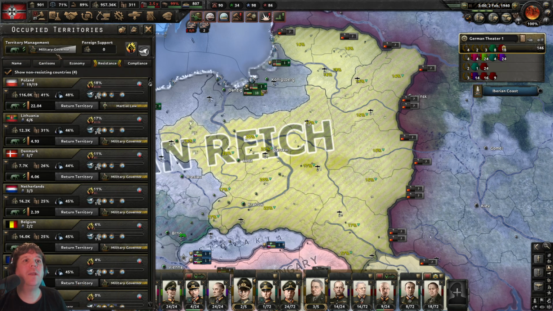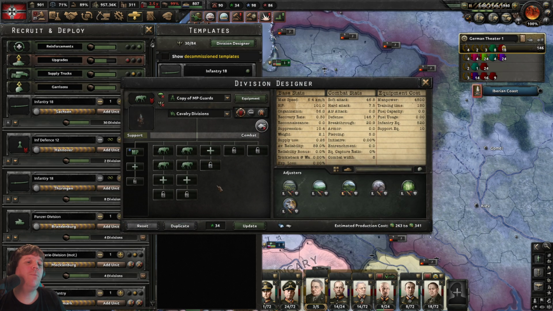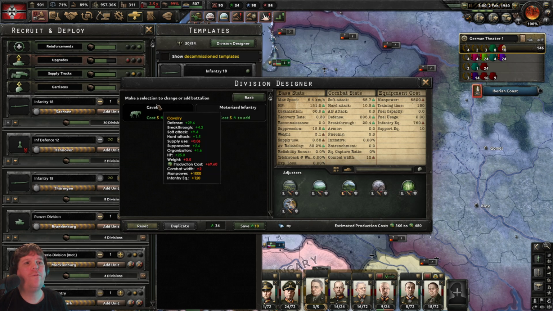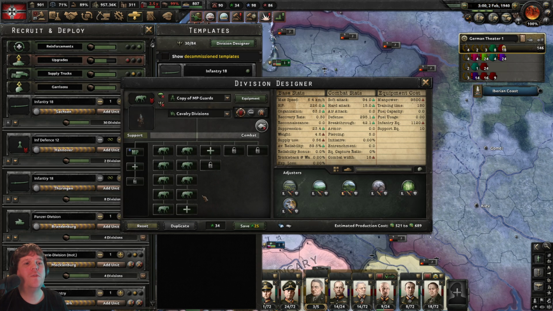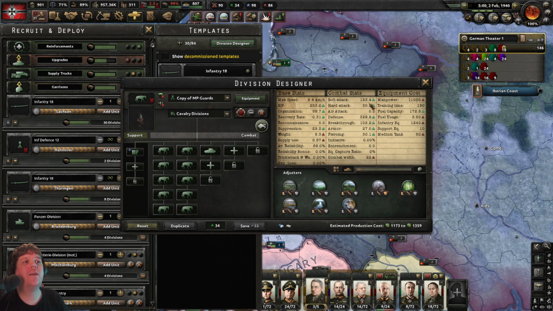template for the military police. And so, for example, I'll come over here to the MP guards. I'll duplicate this one, and then I'll say, right, for countries that are a bit more tough, I'll go and recruit more cavalry divisions, such as this. And maybe this is for a somewhat tougher nation that's giving me more bother. And then for somebody who's super tough, I may even think about putting in just a tank, maybe just one medium tank, just to give a bit of armor and make it a little bit harder,